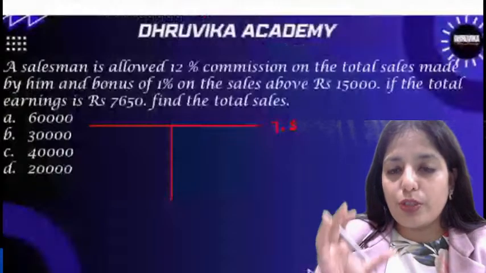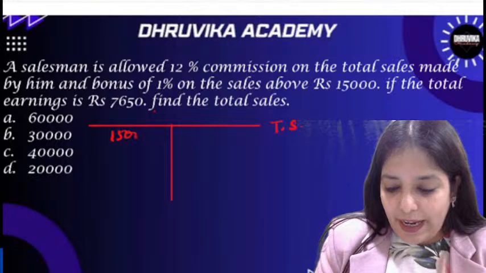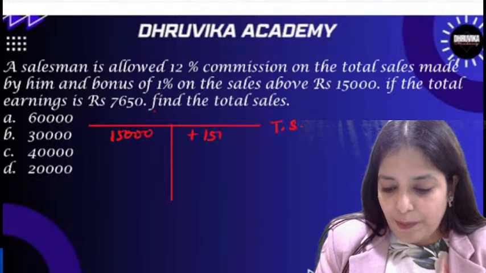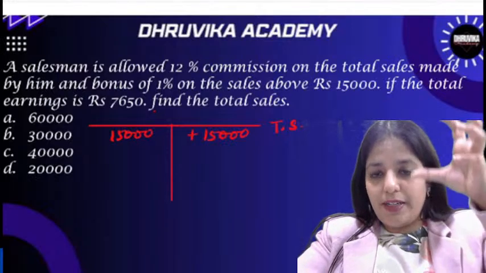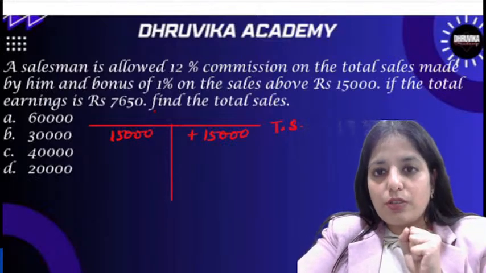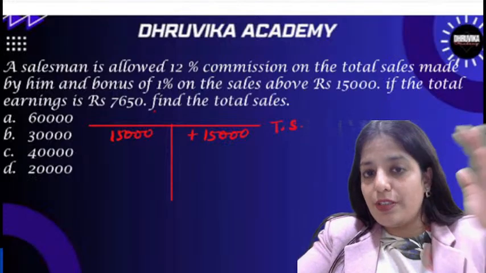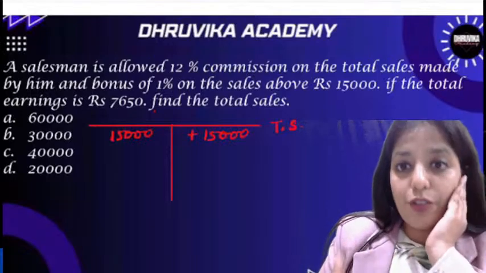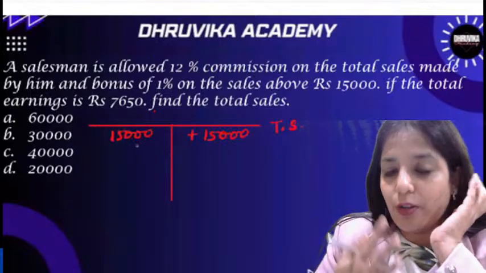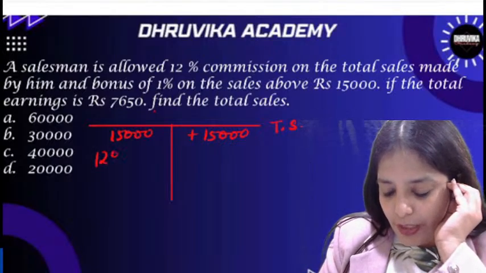I divide total sales into two parts: the first 15,000 and the part above 15,000. Is it clear? The first part represents the first 15,000 worth of sales, and the second part represents the sales more than 15,000. So on the first 15,000 and on the sales above 15,000, I am definitely going to get